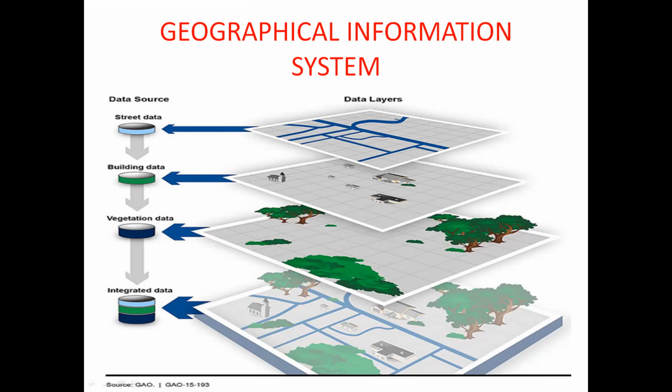How many buildings are there, how many routes, what streets are there, what the vegetation conditions are. The information will be gathered for the geographical information system. Usually collecting the area information: how many houses, how many routes, how much vegetation data. These are the different types of layers for gathering information. This is the third unit for geographical information system.